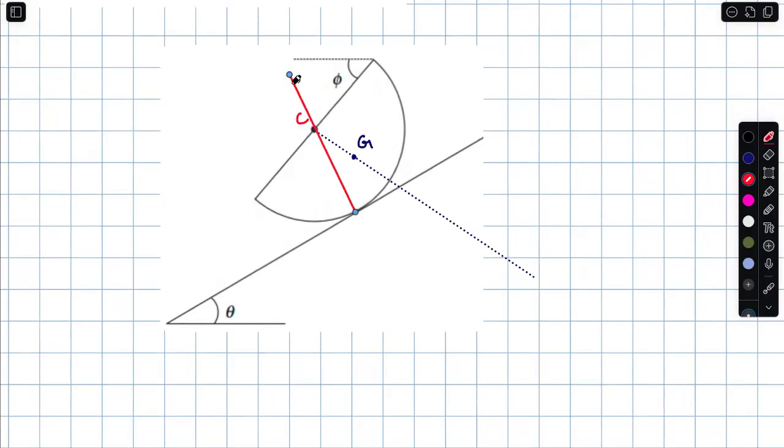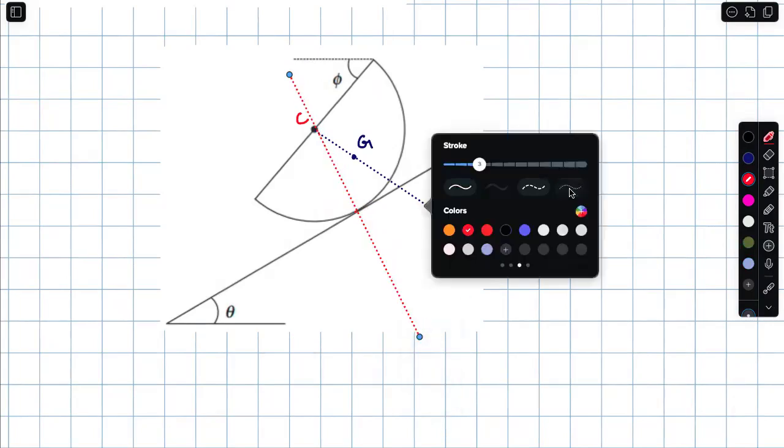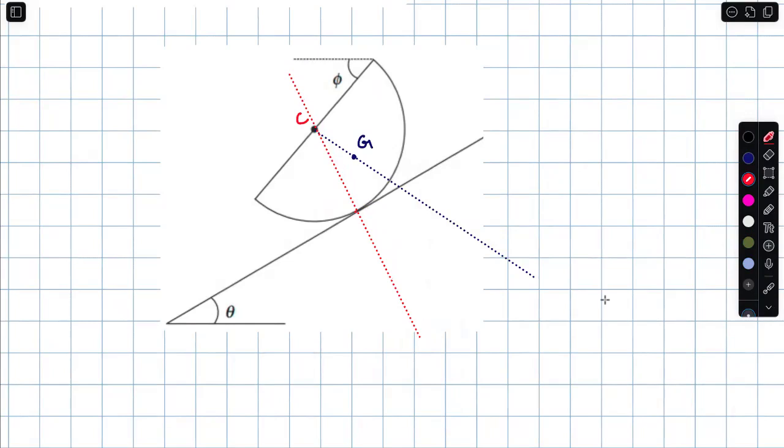This is the normal reaction. That's the center of gravity. And remember, G is above A. I think you know why I have written it like that, because through GA,